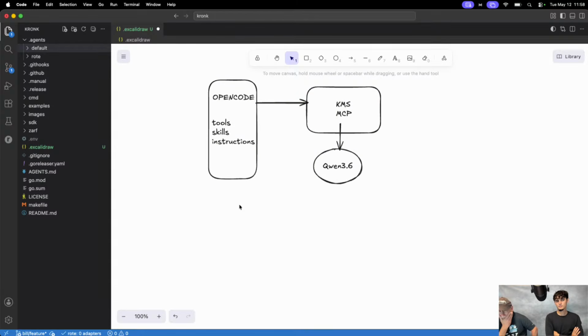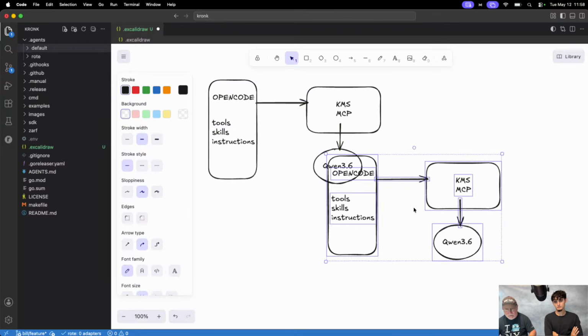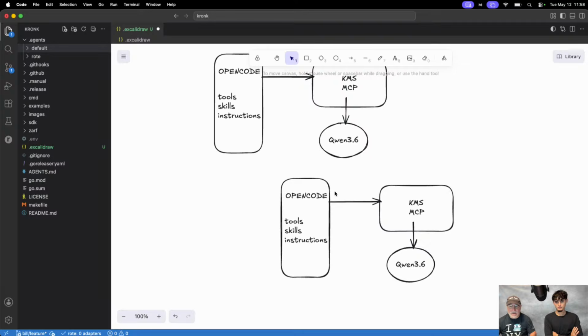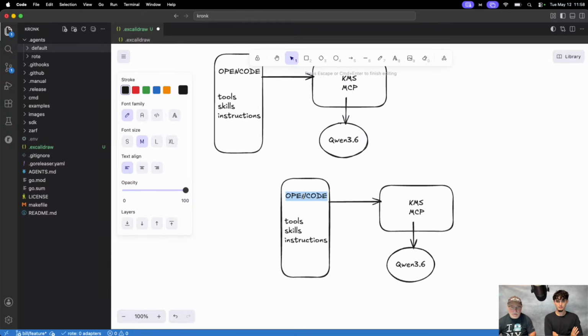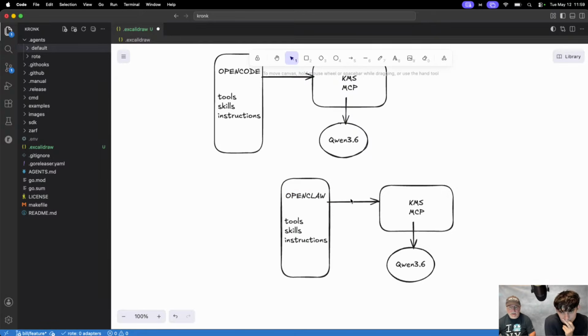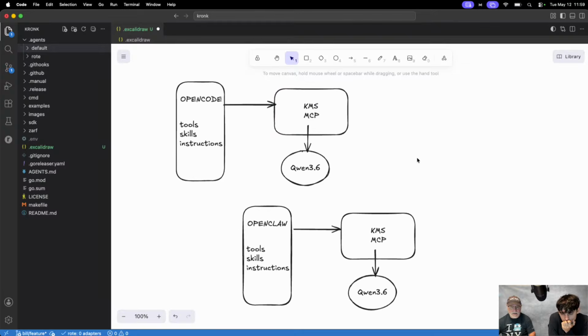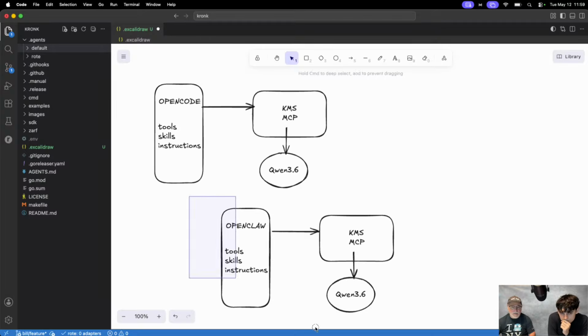Now, what if this wasn't OpenCode for a second? What if this was that app that you're building, using OpenClaw? What if this was OpenClaw? And what you're really doing here is building some automation tooling. That's fine for a developer.